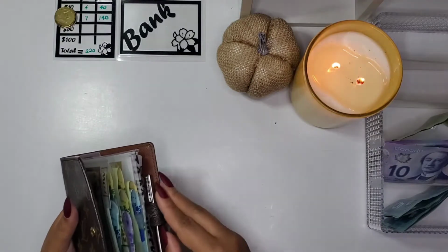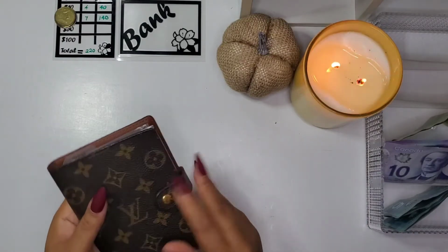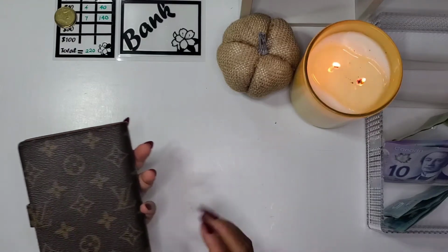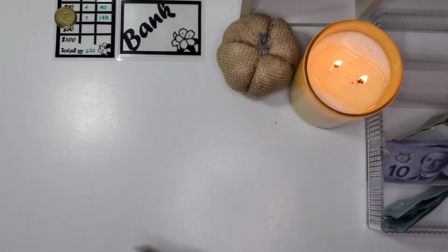So creamer, that kind of stuff, our coffee, and those basics. So this is my birthday present. I love it. It is so cute. And I love the vintage Louis Vuitton monogram. So very nice. So the next thing I'm going to be doing is moving out of my Mo-term sinking funds